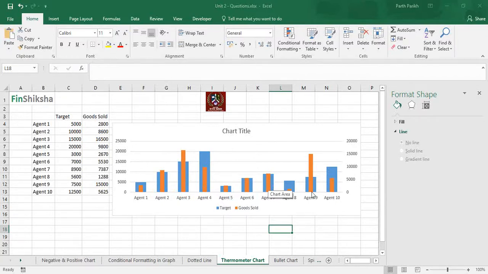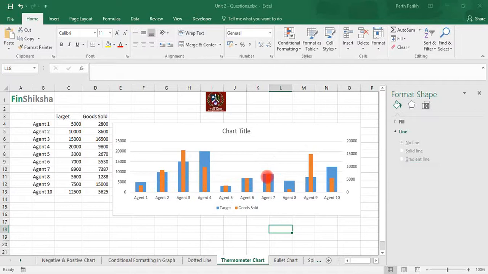Why did it happen like that? In the case of agent 9 and agent 3, they surpassed the target, and the manager will probably call them and check what exactly they did so that they achieved the target. In the case of agent 2, agent 5, agent 6 and 7, they more or less just met the target. So they will probably call and check what the reason was that they just surpassed or did not achieve the target by a narrow margin.